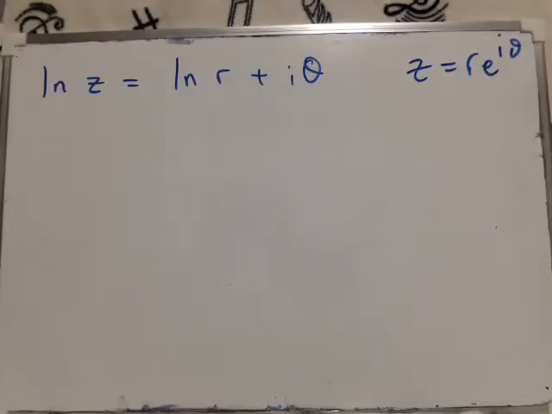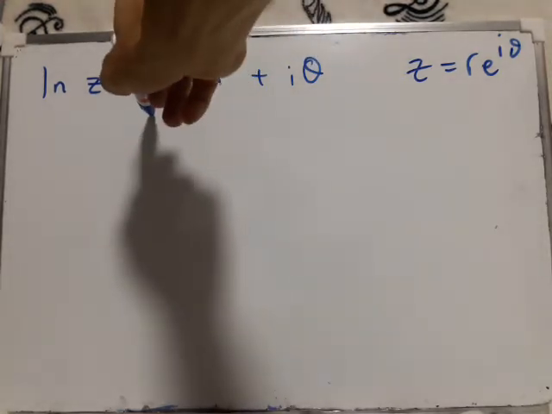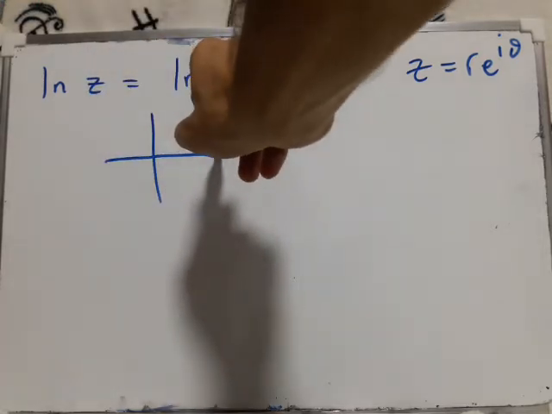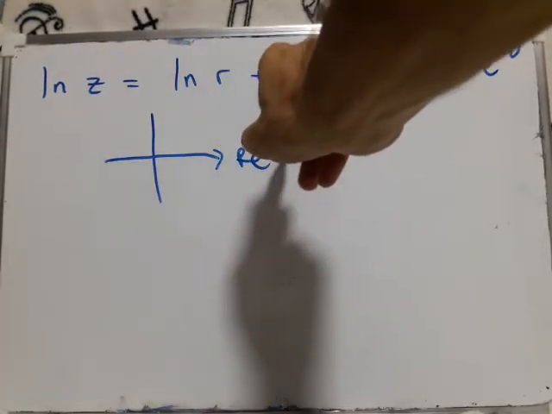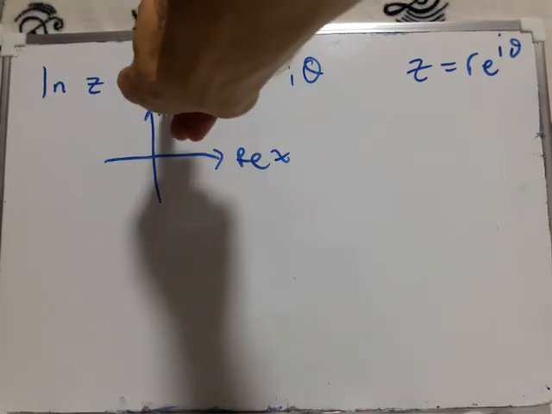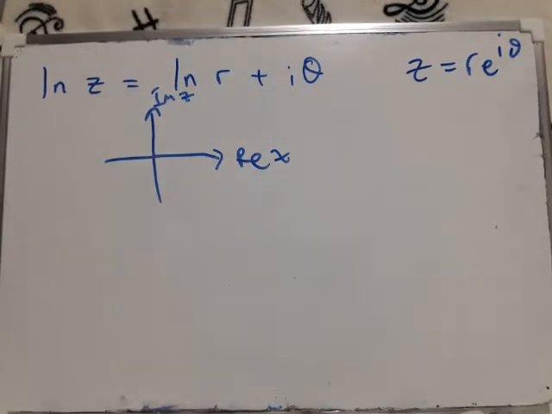So whenever you have a multi-valued function, such as log z, you'll always find that somewhere in the complex plane that function will have a line where you have a discontinuity. So if you think about it, if we've got our complex plane, well, this is real z, imaginary z,